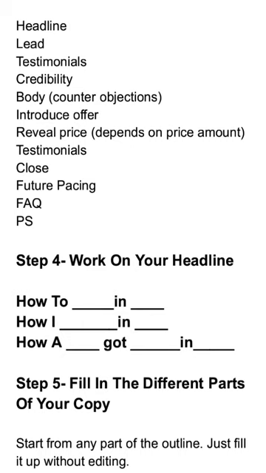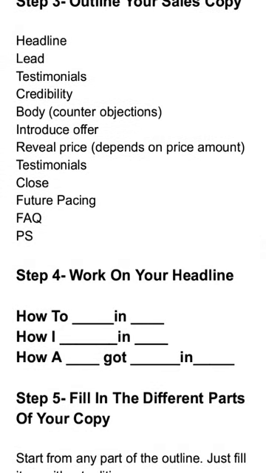Okay? That is how you can go about it. If it is a cheap product, 2,000, 1,000, 3,000, you can reveal the price immediately and just have it after your headline. Doesn't matter. But if it is a bit more expensive, 20K, 30K, 100K, right, you can put it after the offer reveal. Then you can also have testimonial. Now, testimonial can come in any part of your copy. You can have testimonial in the headline. You can have testimonial in the different parts. But this is where I'm putting them, okay?